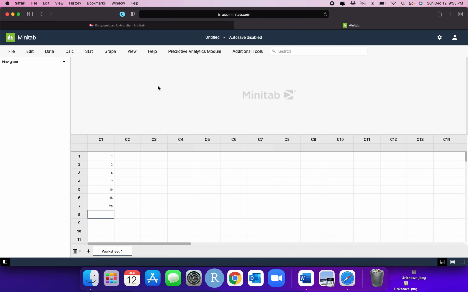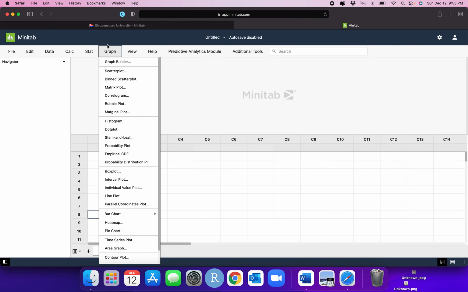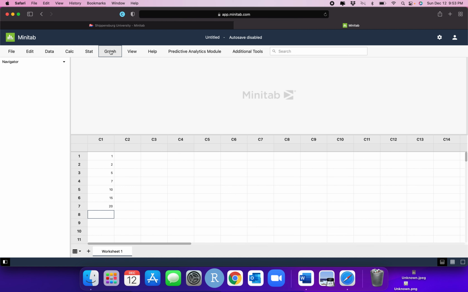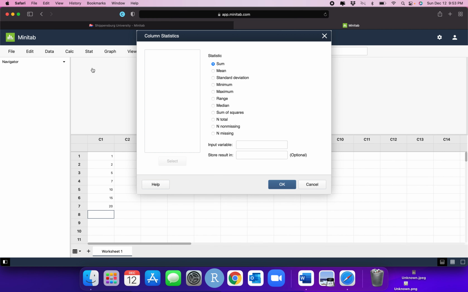And so to do that, in Minitab, you have a number of options up here. Okay, the main ones that we are going to use are calculate and stat, and sometimes graph, especially here and early on. We're going to use graph a lot. Okay, so if I want to find a mean or a median or something, a summary statistic of data, I'm going to go to calculate, column statistics, because we're working with a column. Okay. Column statistics, and then it's going to open up